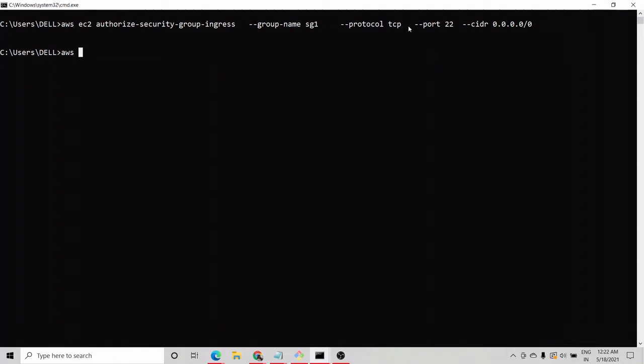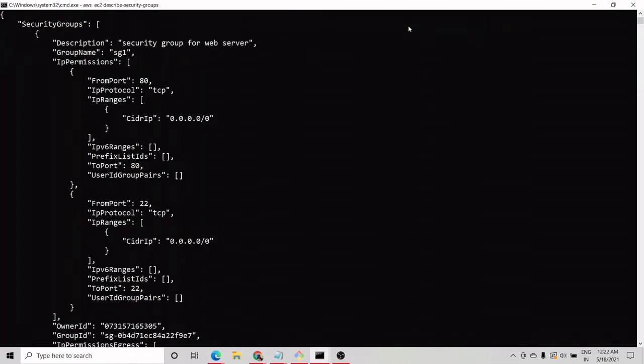So we will use AWS EC2 describe-security-groups. Okay, we'll do this, and it will describe all the security groups that it has. One will be the default security group, and one will be the one that we have created.